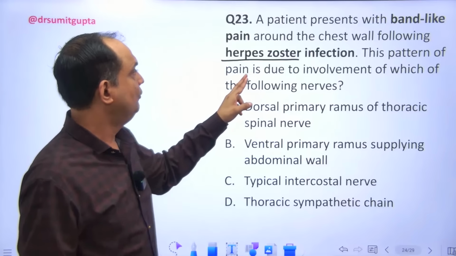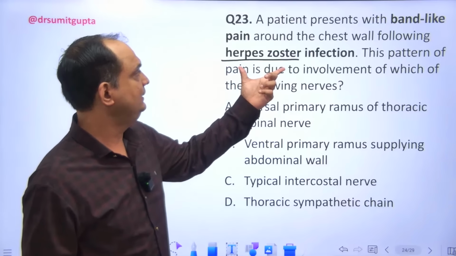Clear? So, why is there a pain? And this pain is a classical band-like pain. Clear? Now, what is the option? Dorsal rami of thoracic spinal nerve, ventral rami of the spinal nerve supplying abdominal wall, typical intercostal nerve. So, the answer is C. Whenever you have the typical intercostal nerves, they are actually known as ventral rami, and